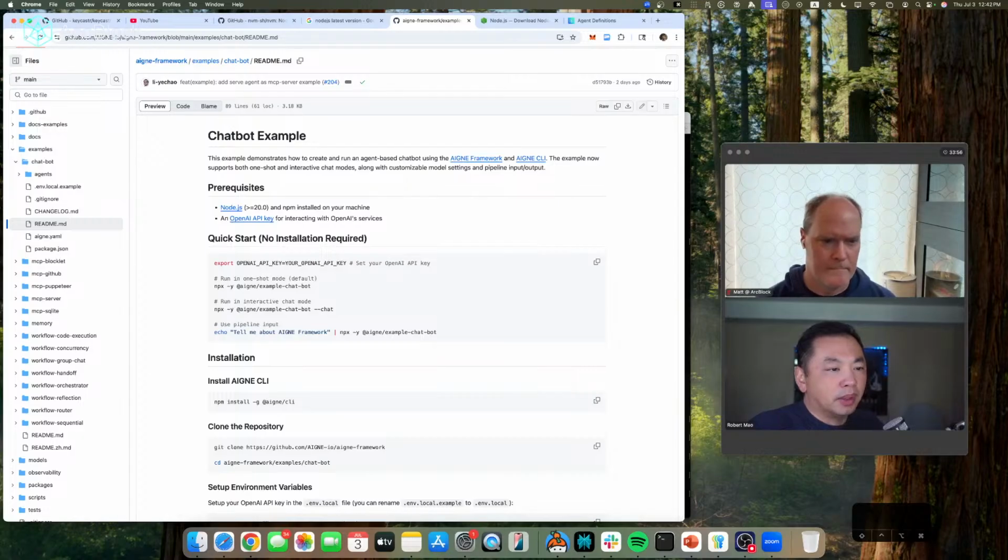The learning curve of Elixir itself is not that hard, but the learning curve of Erlang is pretty tough, right? So we decided to move every stack to Node.js, actually JavaScript and TypeScript.